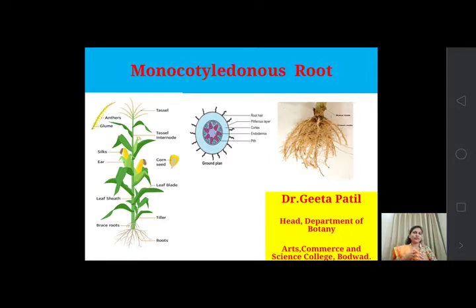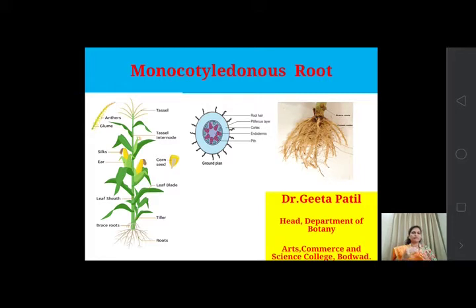Up till now we have discussed the dicotyledonous plants. That is, we have taken the sunflower plant and we studied the internal anatomy of the root, stem and leaf of that sunflower plant. Now, in case of monocot, you know the difference between the dicot and the monocot externally. That is, morphologically, you can distinguish between these two. What are the characters of dicot and what are the characters of monocot. On the basis of those characters, you can easily distinguish or differentiate these two things.